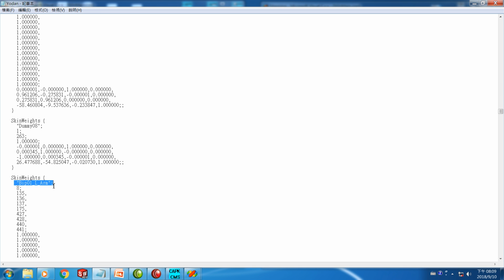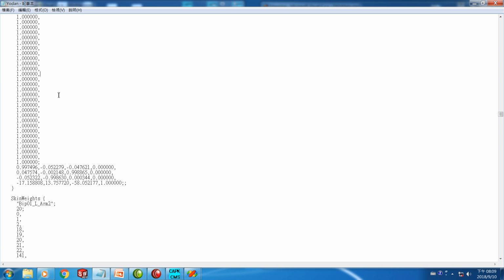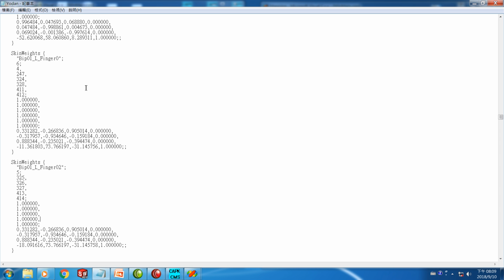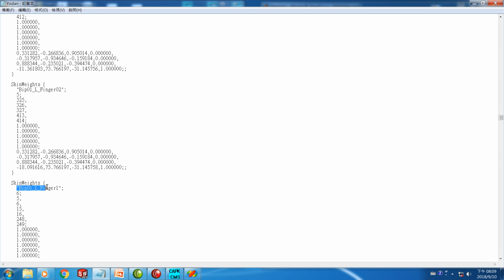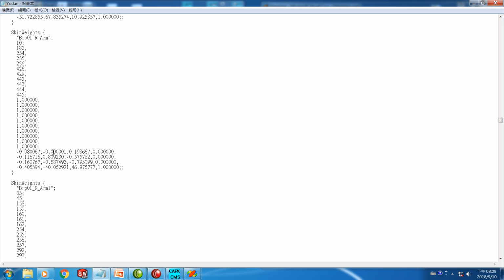The left arm skin weights, left arm 1, left arm 2, left hand, left finger 0, left finger 02, left finger 1, left finger 11, left finger 12. Left arm finished, then right arm 1,